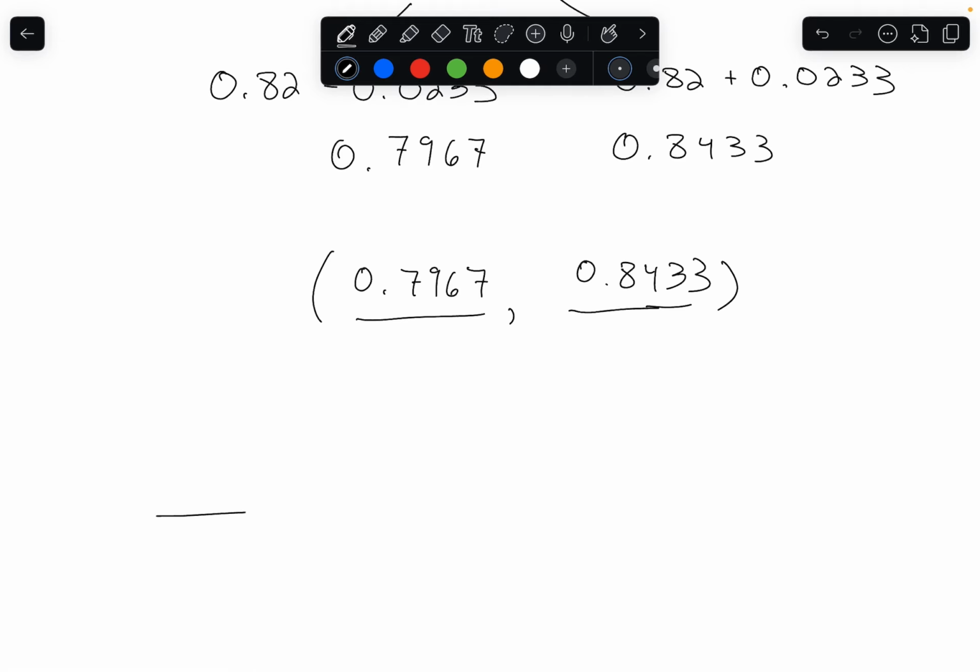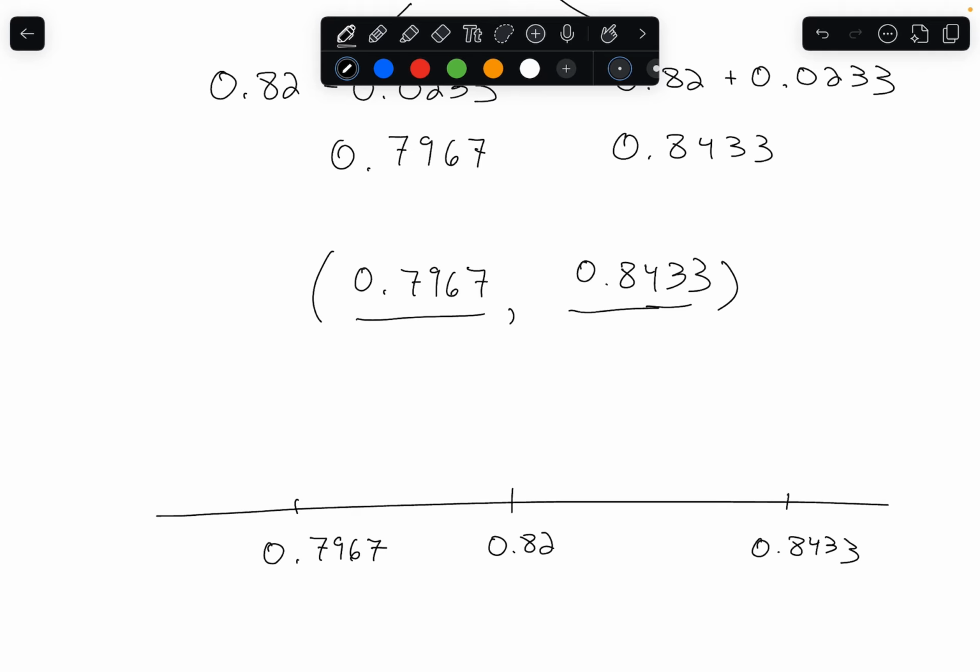And what that represents, remember, is that if I was to draw this out, here's my p hat of 0.82. The lower bound over here is 0.7967, and the upper bound is 0.8433. And what I'm trying to say with this confidence interval is that this range of values, everything that lives between these two numbers, is a feasible value or a feasible guess for our population proportion P. So it's going to be really important that we write this in this interval notation. That's how I would like to see your